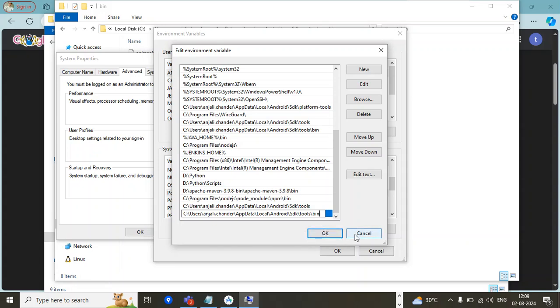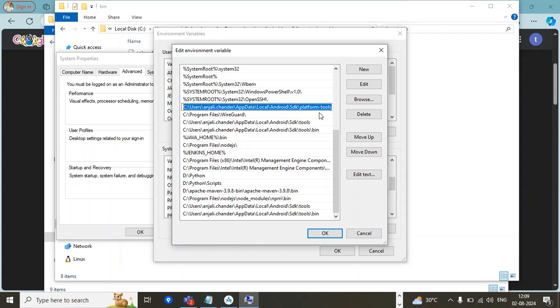I'm canceling it because I have already added these paths. As you can see over here, I have added all these things. One more thing that you have to add is this platform tools path. So I'll be copying it.